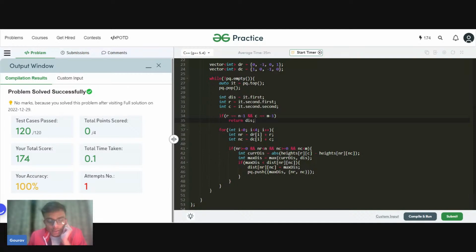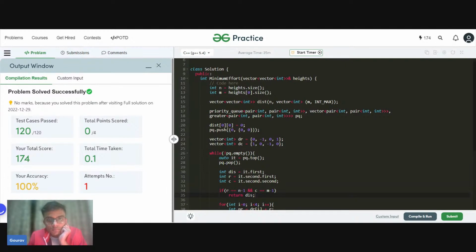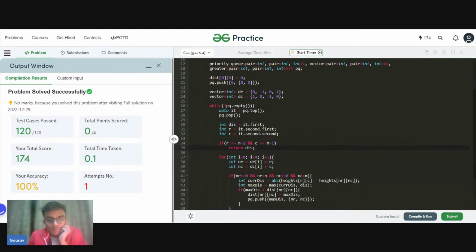If you have any doubts, you can write in the chat box and I will be very happy to clear them. Okay, then let us proceed to the next question.